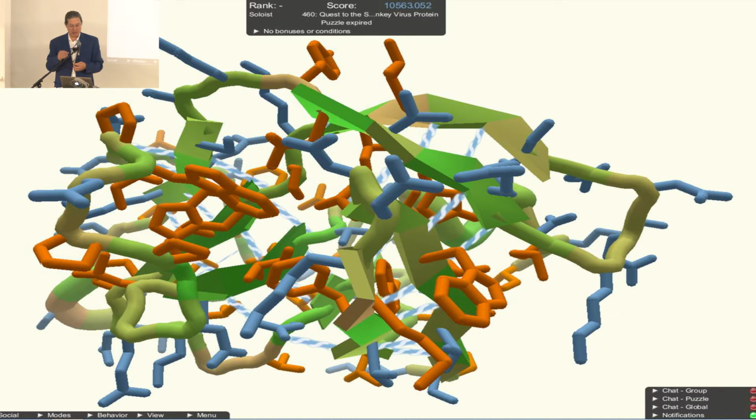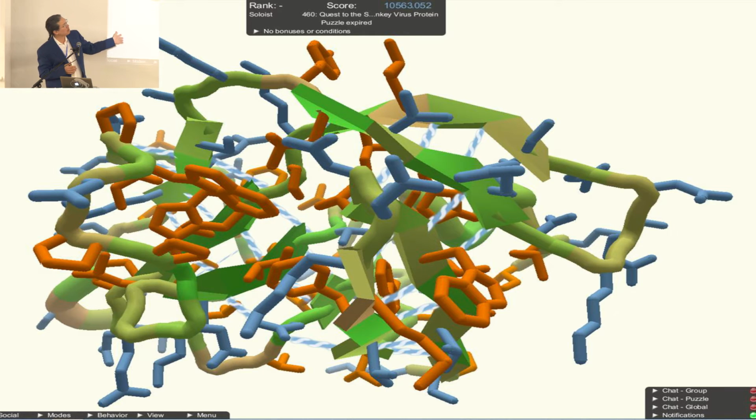And it takes advantage of the human's ability to see three-dimensional configurations. So it asks the volunteers to figure out a way of folding up the protein. And this is a problem that turns out to be extremely hard for computers to do. The best computer solutions are sort of so-so. And the best volunteers can beat the computers by a large degree. And it's interesting because no one quite understands what the volunteers are doing, but they've identified different sorts of heuristics, different approaches to try to do the folding.